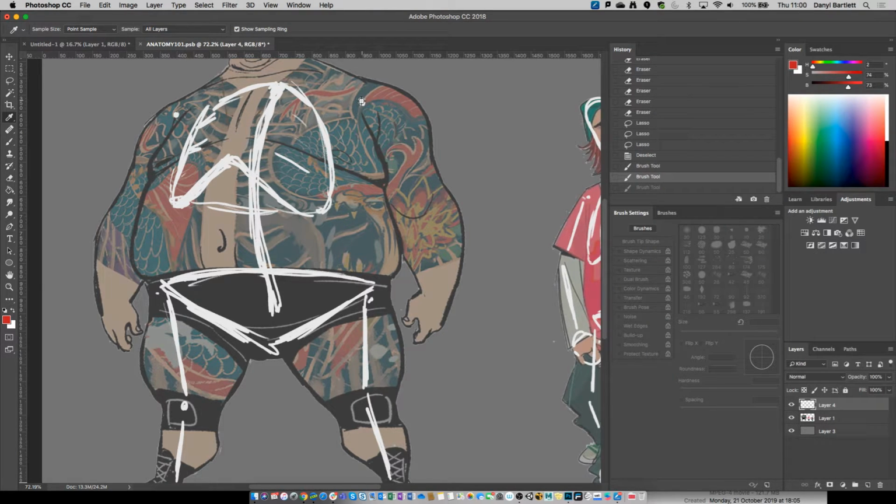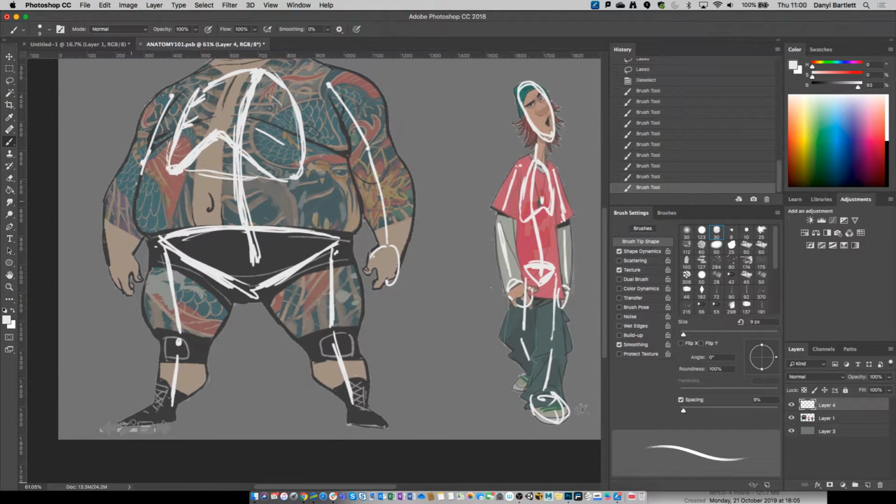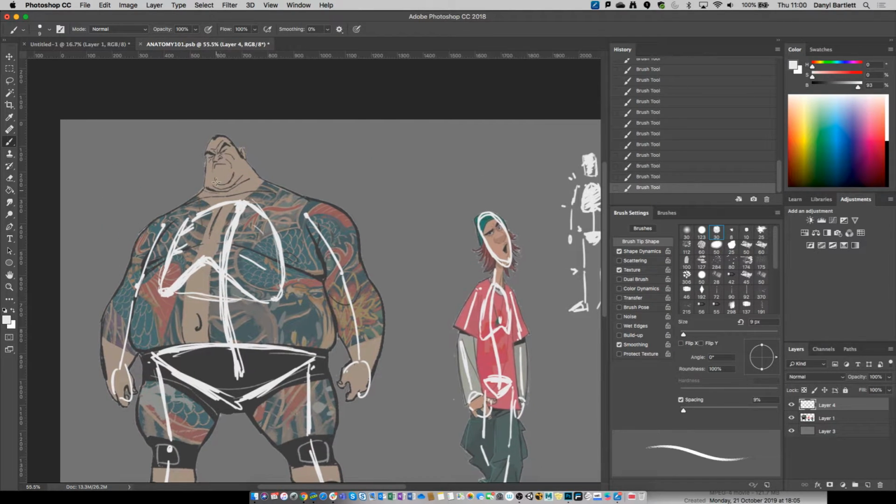So what are the other clues we have to it being there? Well, the position of the arms as well. The upper arm ends here, forearm ends here, then obviously we've got hand, and then this one ends around there, and then there, and we've got hand, okay. And then finally,